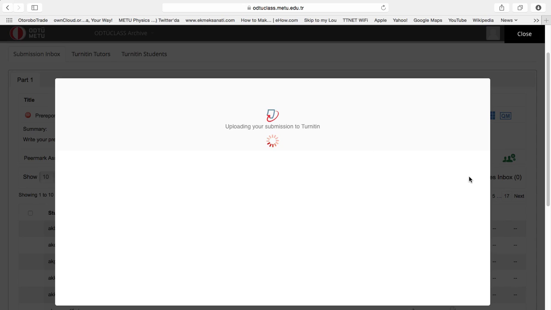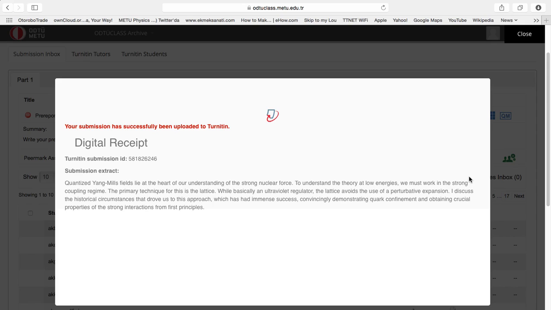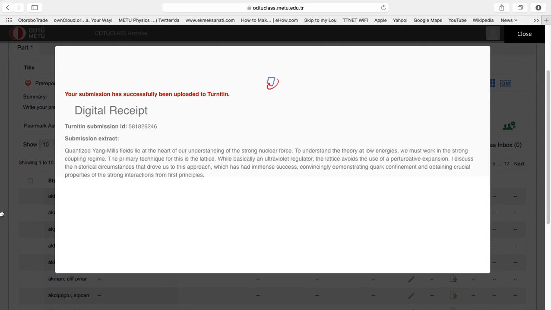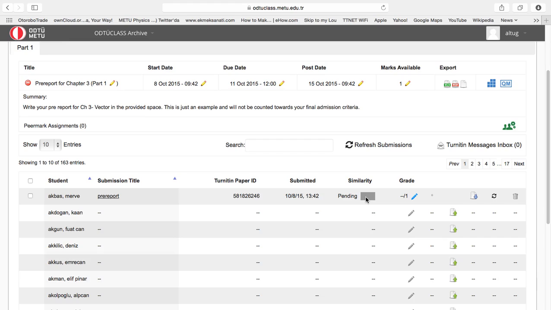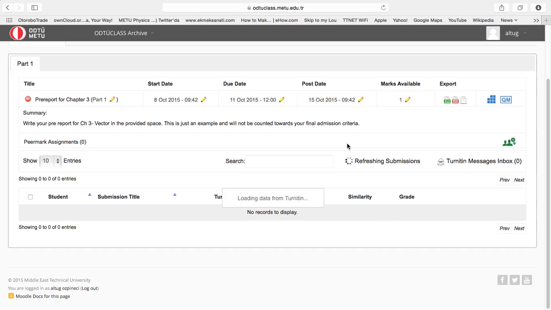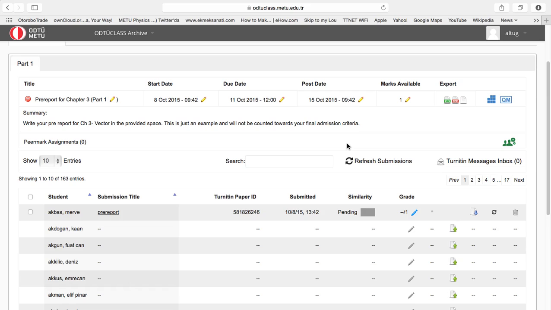Okay, it might take some time, but it will just upload, and then it will tell you how much similarity it has with other resources on the web. Okay, so it has uploaded successfully. So let's refresh it. Now it's trying to find the similarities, and when it's done, it will show you how much the similarity is. So if you, for example, upload your prayer report early enough, and if you see that there is too much similarity, then you can just re-upload your document. You can update your document. Well, usually it takes several minutes. Okay, so this is what you should do when you want to upload your prayer report.